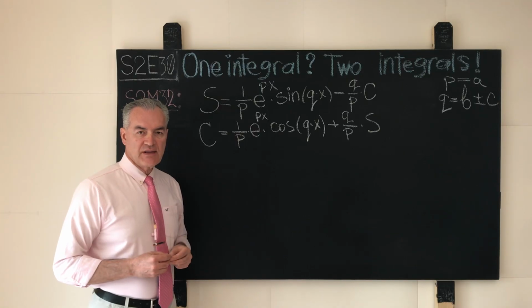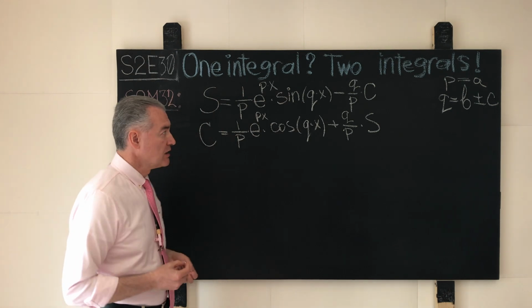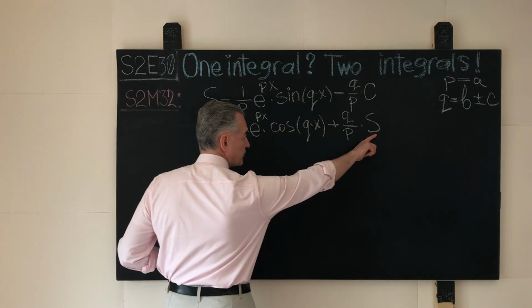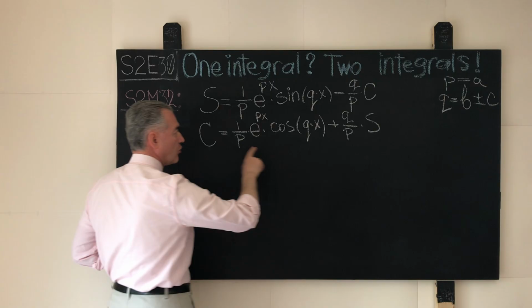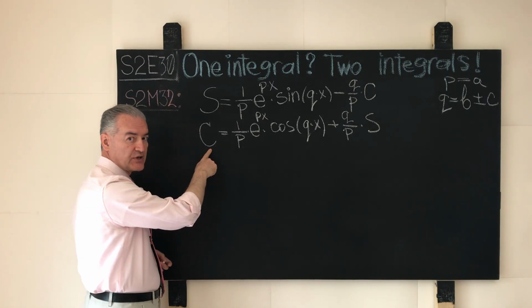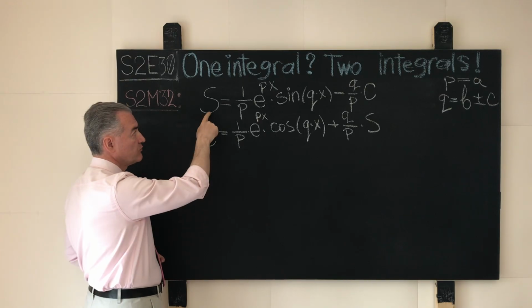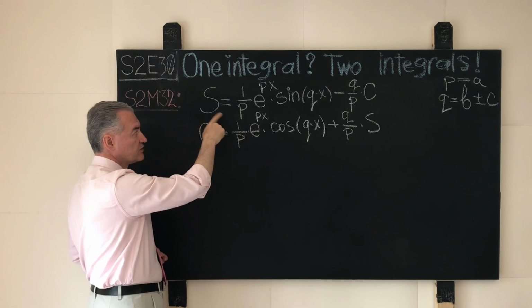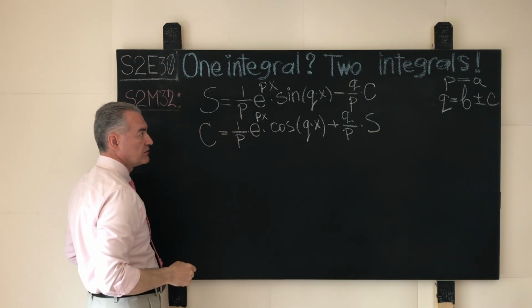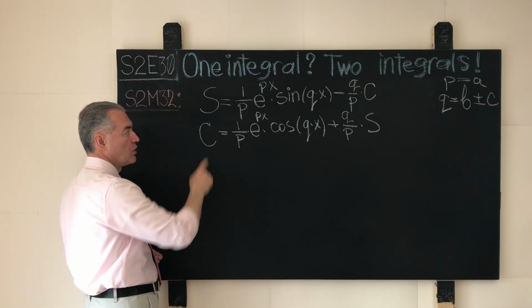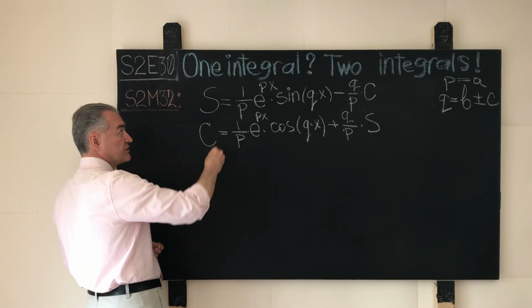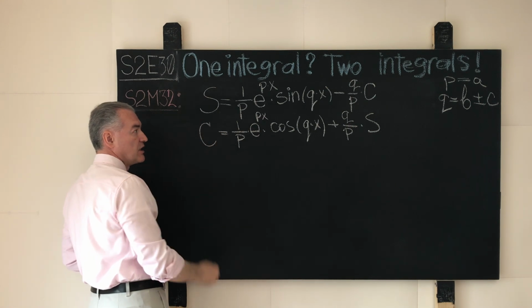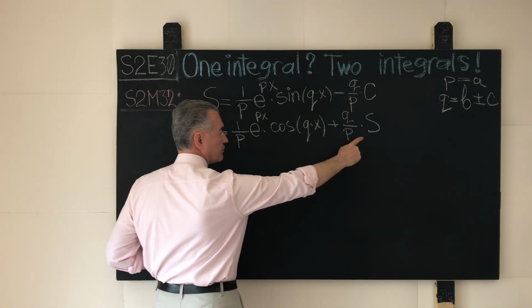Observe that once we write down the results of our partial integration, then what happens next becomes almost immediately obvious. That is, notice that we have our function s on the right-hand side of the equal sign in the equation that expresses the value of the integral c. And we have also the integral s on the left-hand side of the equal sign that expresses that integral in terms of p and q and the integral c. So what does this suggest? This suggests that if we add these two equations, then there is a chance that s on the right-hand side